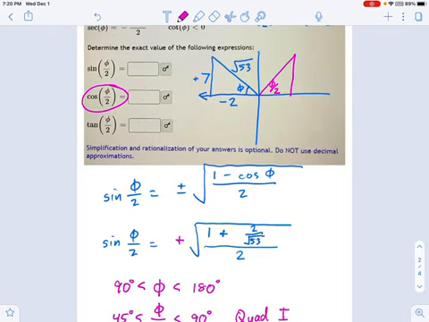If you said this was a quadrant 2 triangle, you would say that's a negative cosine, you would be wrong. It's a quadrant 1 triangle because we're really talking about phi over 2, not phi. So phi over 2 is in quadrant 1. That means cosine is going to be a positive value. Sine is going to be a positive value. Tangent is going to be a positive value. Okay, you have to really keep track of not only this equation right here, but also what's really going on with that positive or negative sign in front.